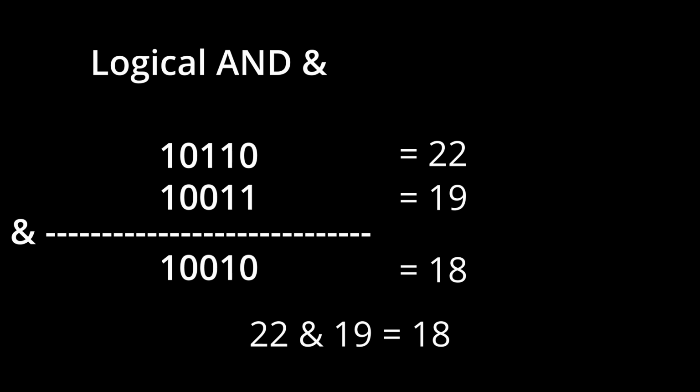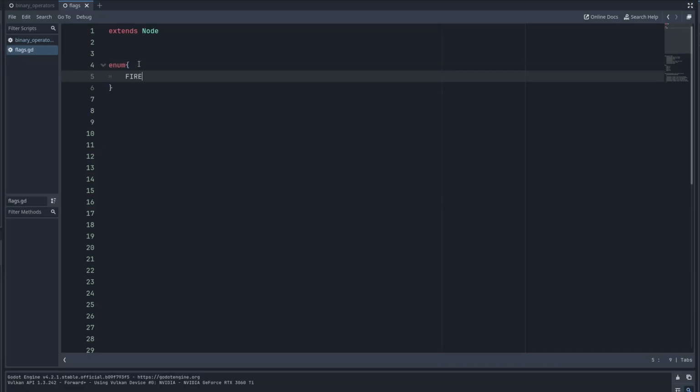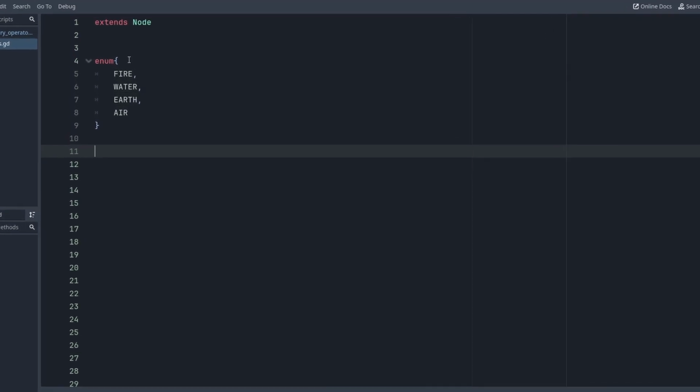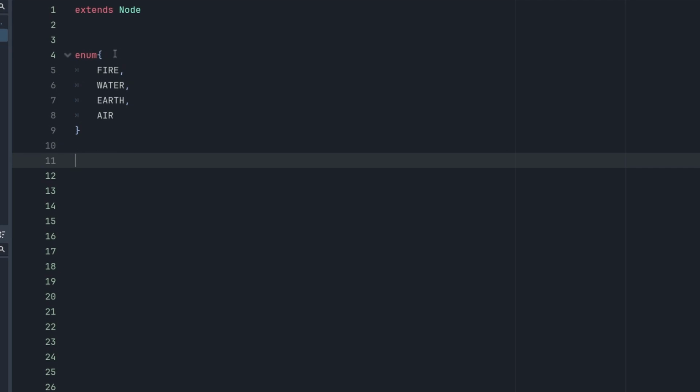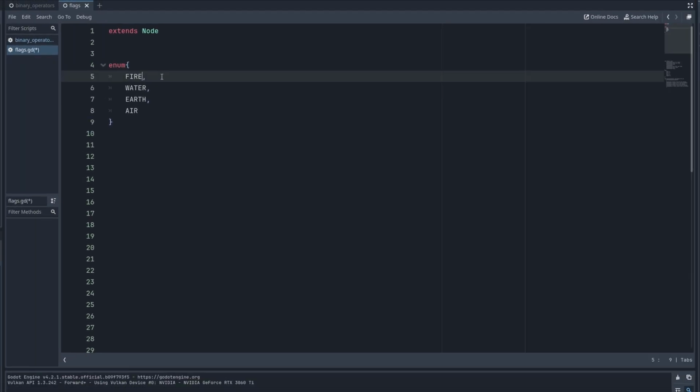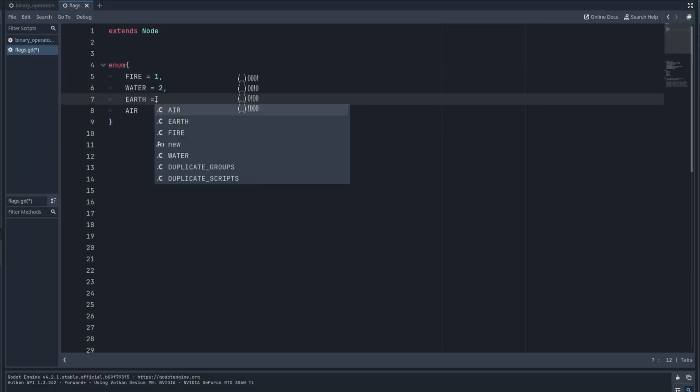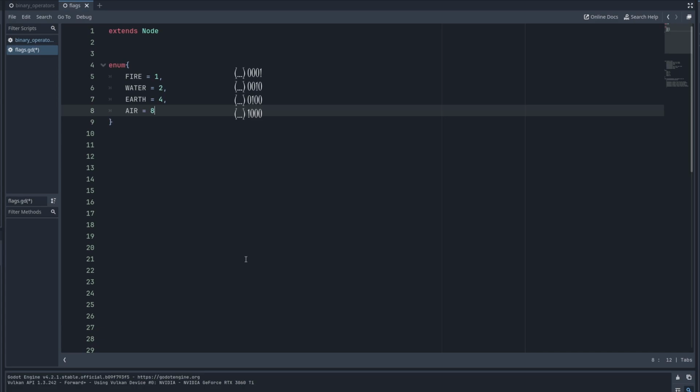Now on how we can use this to our advantage. First of all, we need to define an enum. It doesn't matter if you make a named or unnamed enum, because enums are nothing other than integer numbers written as a word, and by default Godot assigns them values beginning from 0 in steps of 1 until the last element. Those numbers in binary look like this, but this way we cannot properly use them for our case yet, because what we instead need to do is assign them in powers of 2. If we now write this in binary, we get this nice pattern here,